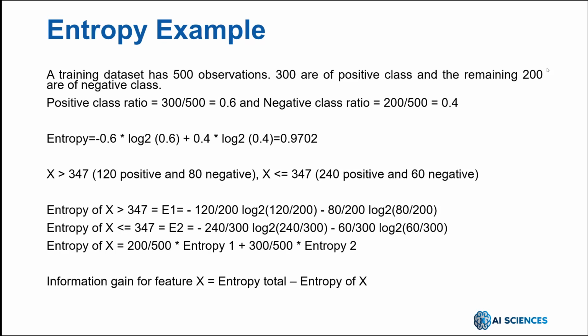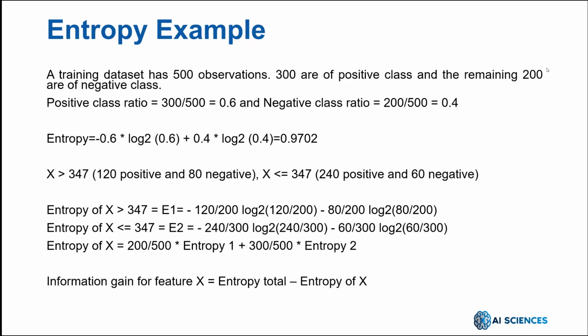Negative class ratio equals 200 divided by 500 equals 0.4. Entropy of the target variable equals minus 0.6 times log 2 0.6 plus 0.4 times log 2 0.4